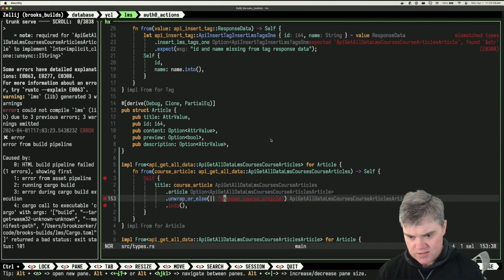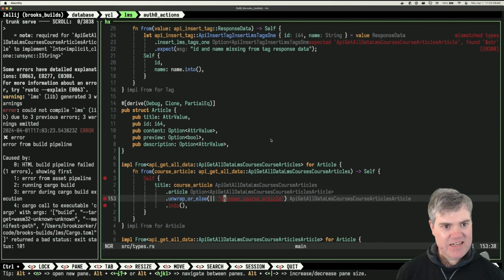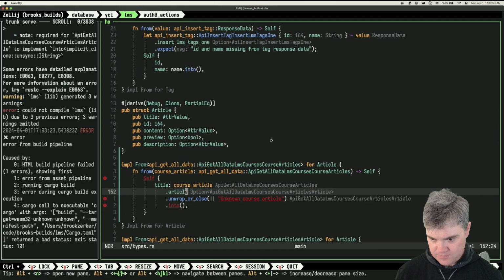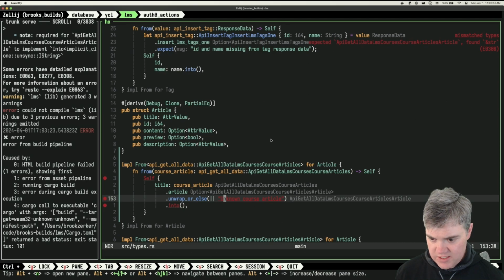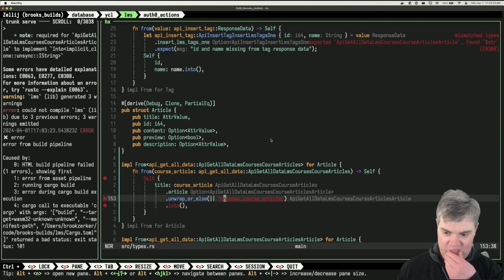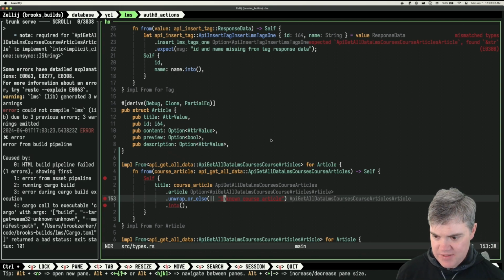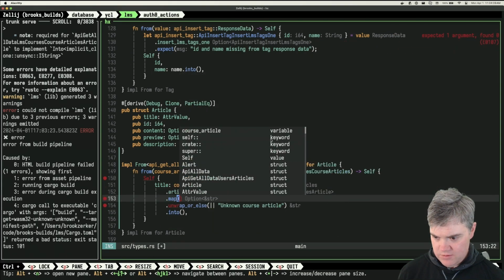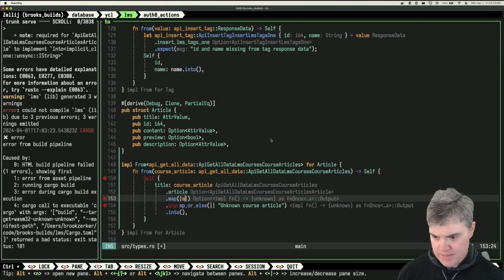Wait. Unwrap or else expected an API get all data LMS courses course articles article. What? Oh, right. Okay. Hold on. That doesn't work. I need to map this, don't I? I put this at the very end, so we map you. So we get the article,